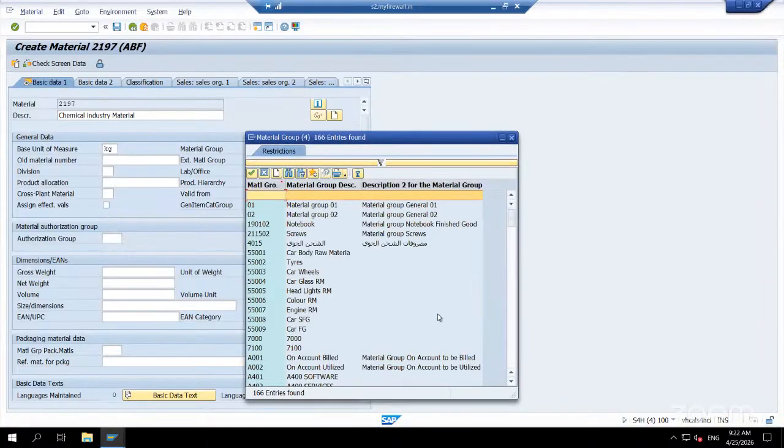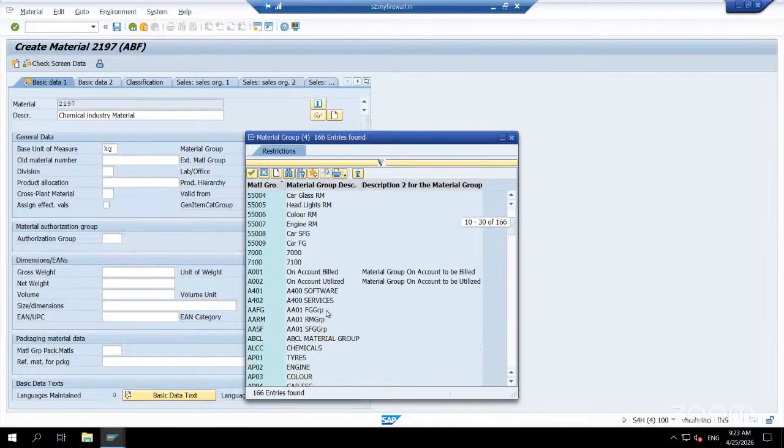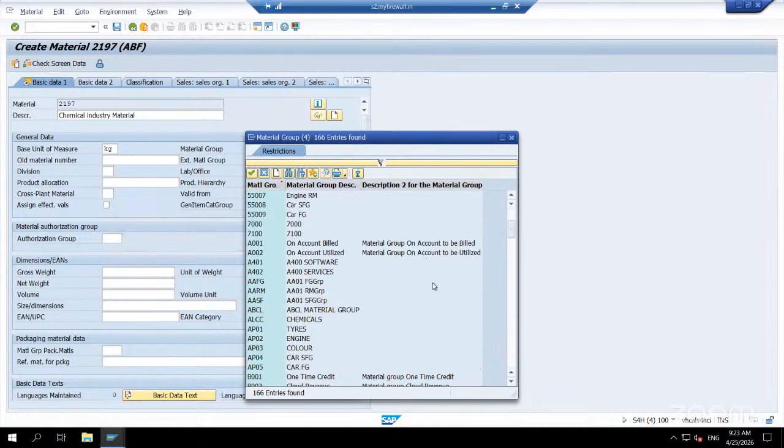You can see by seeing this information, right? So the beauty of this IT industry is that a lot of things get more clarity by seeing the data also. You understood the purpose of data, the purpose of that field, for example. But you can see here there are so many material groups. Tires is one material group, car wheels is one material group, right? So these different material groups have been created. I can choose here,